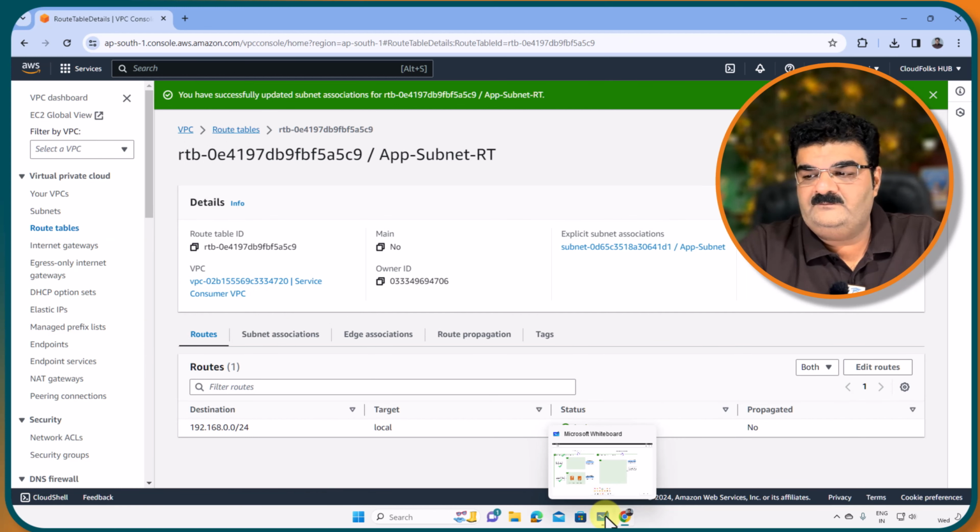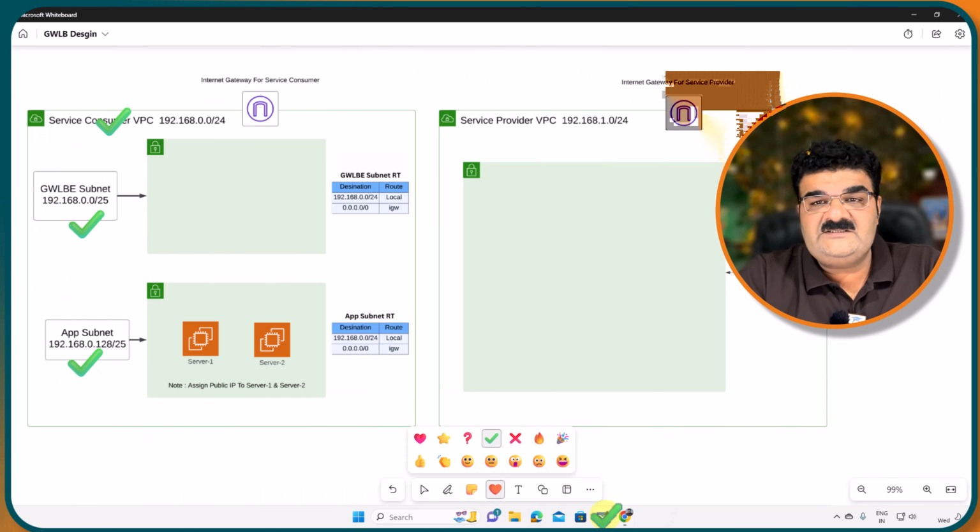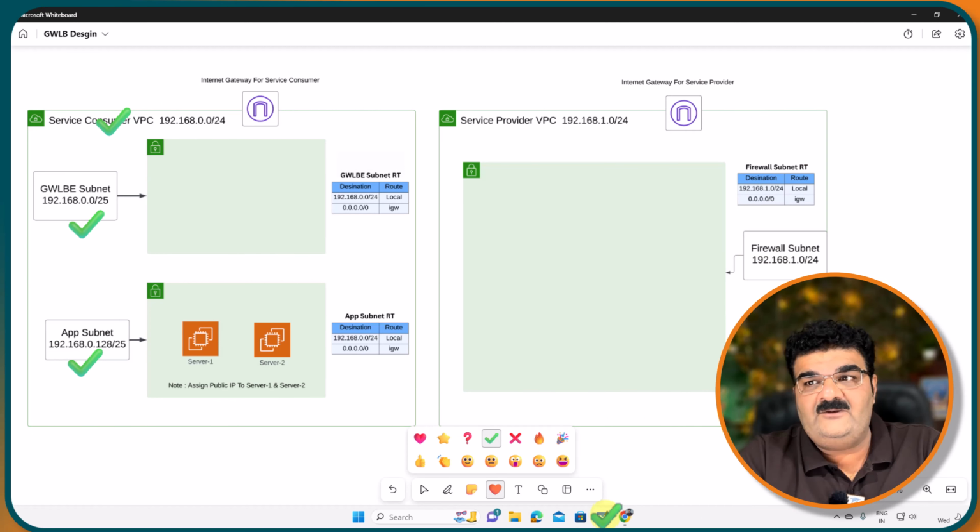So this is done, but now we have to add route internet gateway and we have to add route towards this particular internet gateway into the route table. Right now currently we are just adding route towards the internet gateway. Okay, so let me